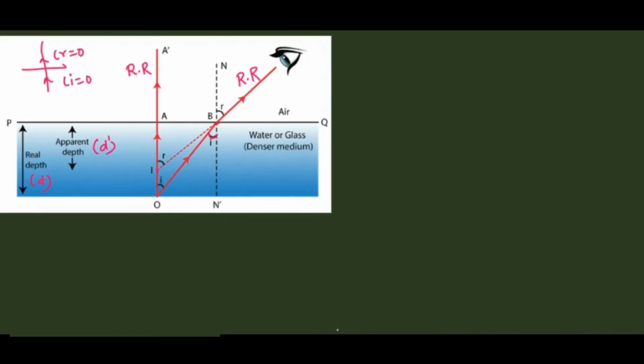One more important thing, if you observe very closely, see here, this is I, and these two are parallel rays. These two are normals, and this I is the angle of incidence with this normal. If this is I, then this is also I, alternate angles. Yes or no? If this is I, then this is also I, drawn here, alternate angles.